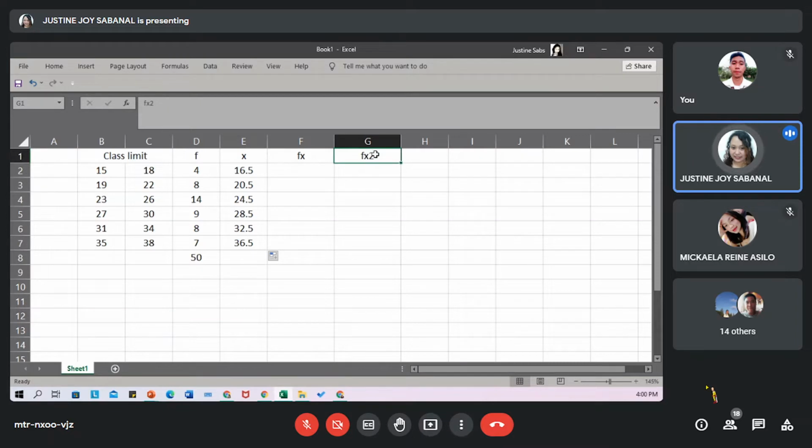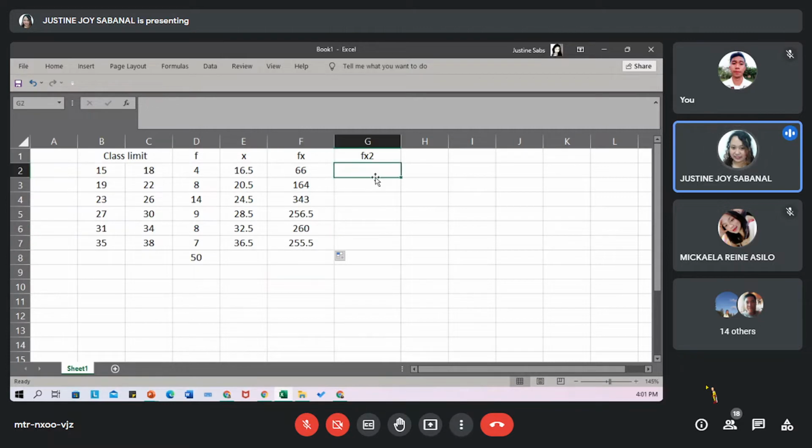So, we have here 4 times 16.5, so that is 66. And so on. We have 8 times 20.5, 164. 14 times 24.5 is 343. 9 times 28.5 is 256.5. 8 times 32.5 is 260. 7 times 36.5 is